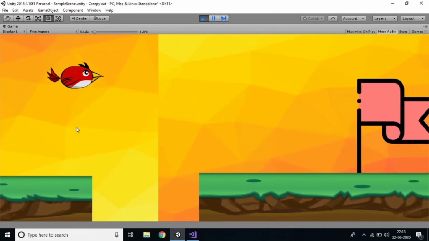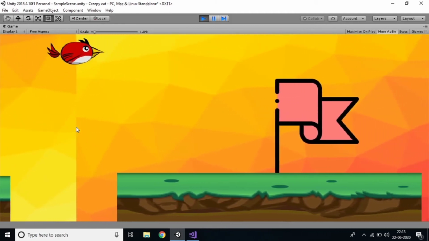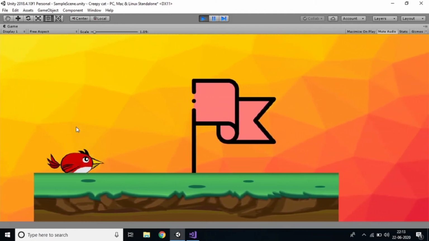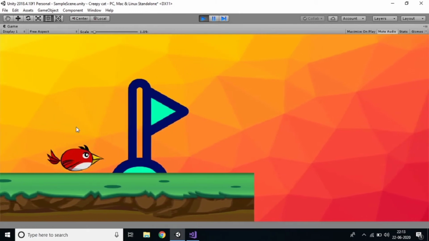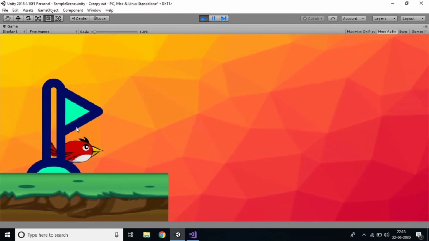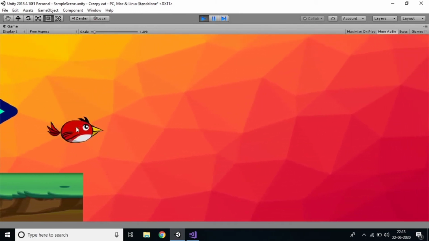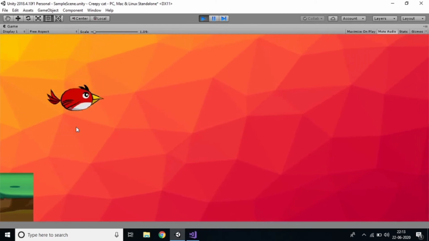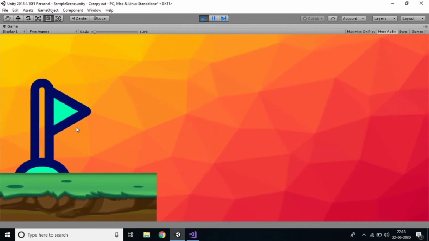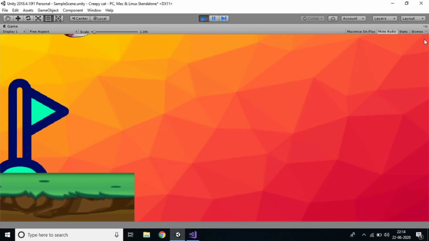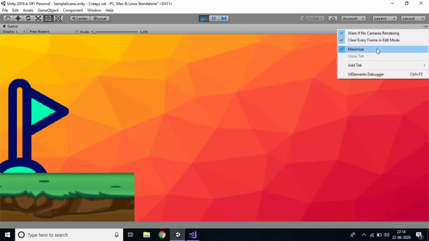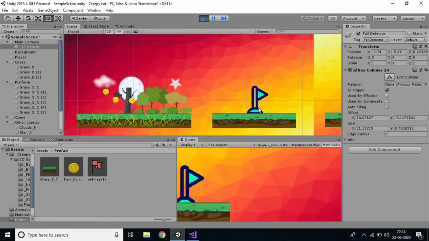So go to here, and I'll show how it was working. And if I fall down after taking this checkpoint, you can see what happened. Just fall down here, and it started from the last checkpoint, right? So I think it's very clear. We did a very good job.